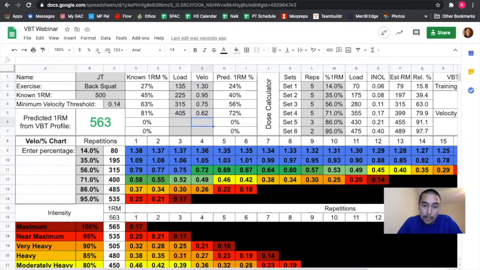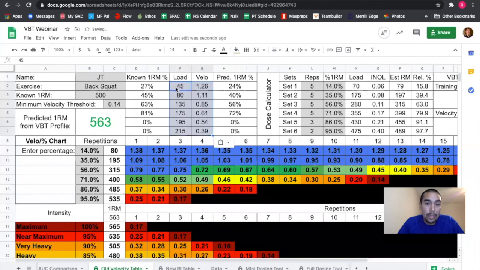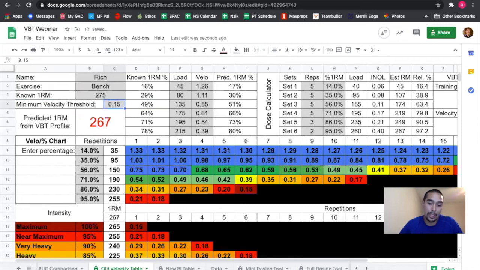and I can probably go ahead and do that myself. So let me just take my bench data, I'll copy it, slide it back over, put it in here. Knowing that my bench max is like 275 or 270 at an MVT of 0.15. You guys are gonna need to change this again. I'll say it over and over again. Change your MVT around, play with it,